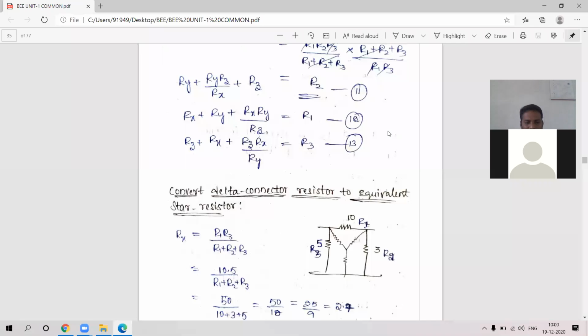Write down all of you. Convert delta connected resistor to equivalent star connected resistor. Okay, so